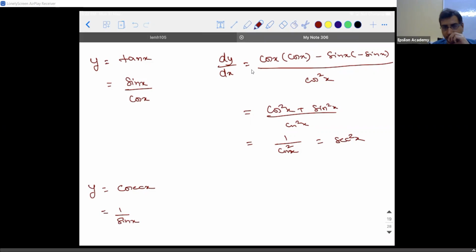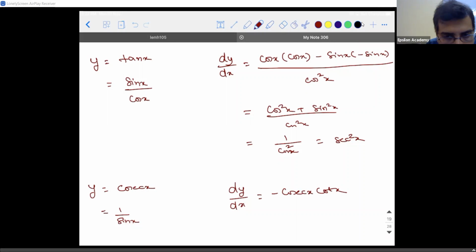Minus cot x into cosecant x. Actually, you have to remember it like this: minus cosecant x into cot x. Is there anyone having a doubt in this? Is there anyone who's not clear? You can let me know, I'll help you out. If you're silent, I'll assume that it is clear and proceed to the next part.